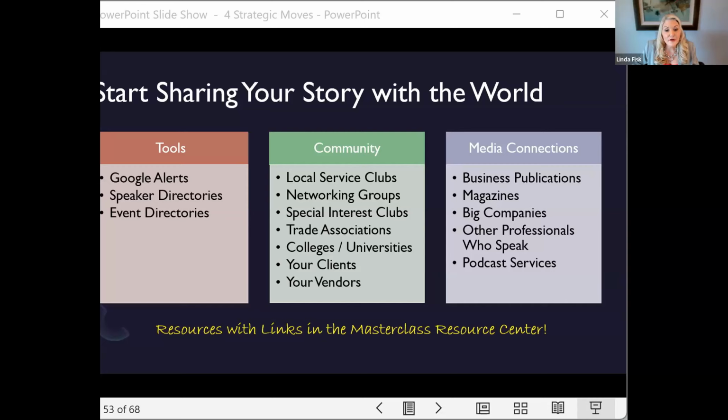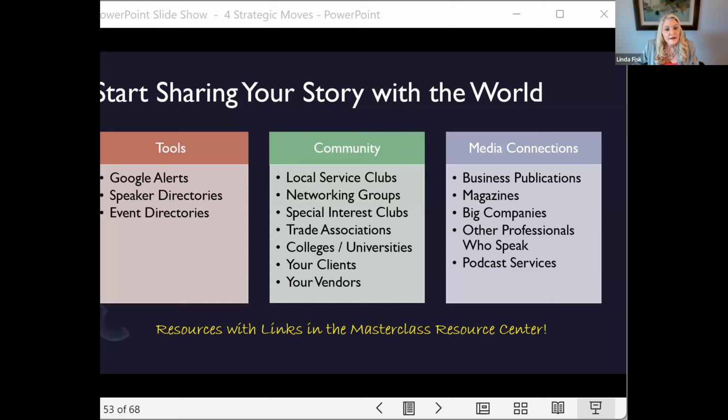You can also connect with your local colleges and universities, and by partnering with professors, you can host forums or panels that are relevant to your expertise. You can also join speaker directories such as Speaker Services, Speaker Zone, and leadHERship Global. We have an exclusive partnership with an organization called Innovation Woman, which is a speaker's mastermind offering speaker services and